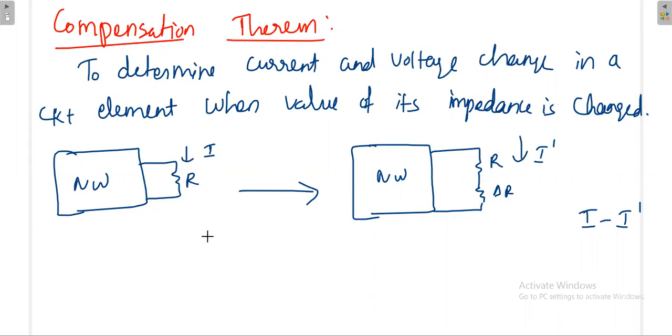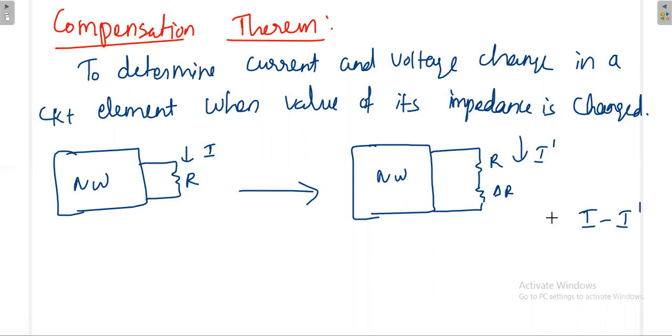Now, once you increase the resistance, definitely this current will decrease, as we have just seen. Irrespective of anything else, the current across that branch will decrease. I do not know what is happening in the other branch, but in this branch the current will get reduced. Then what is the reduced current value? What is the procedure to find that out?